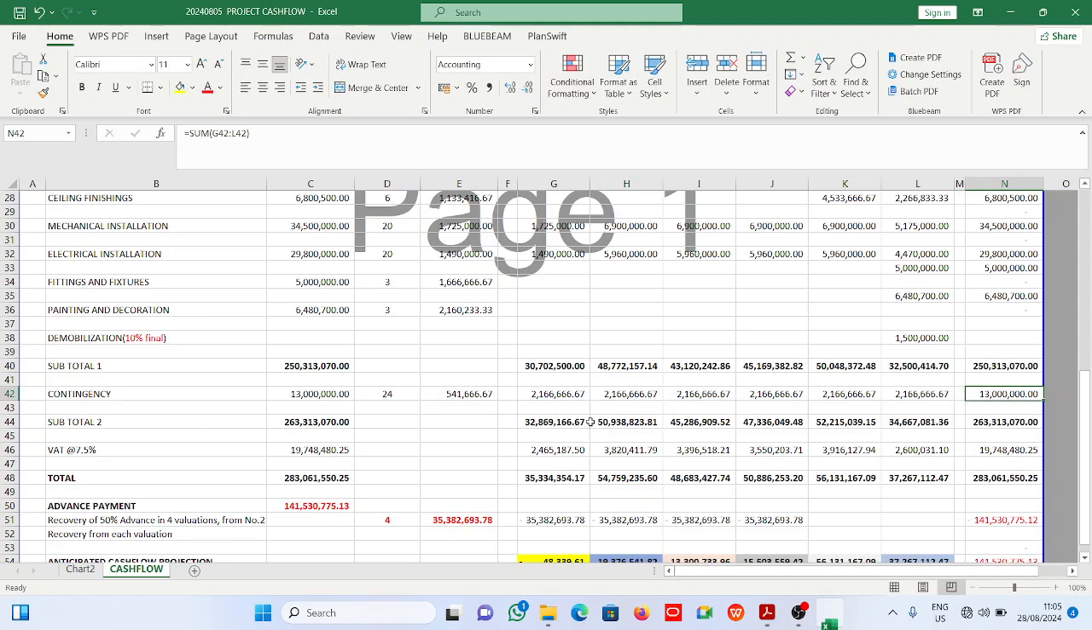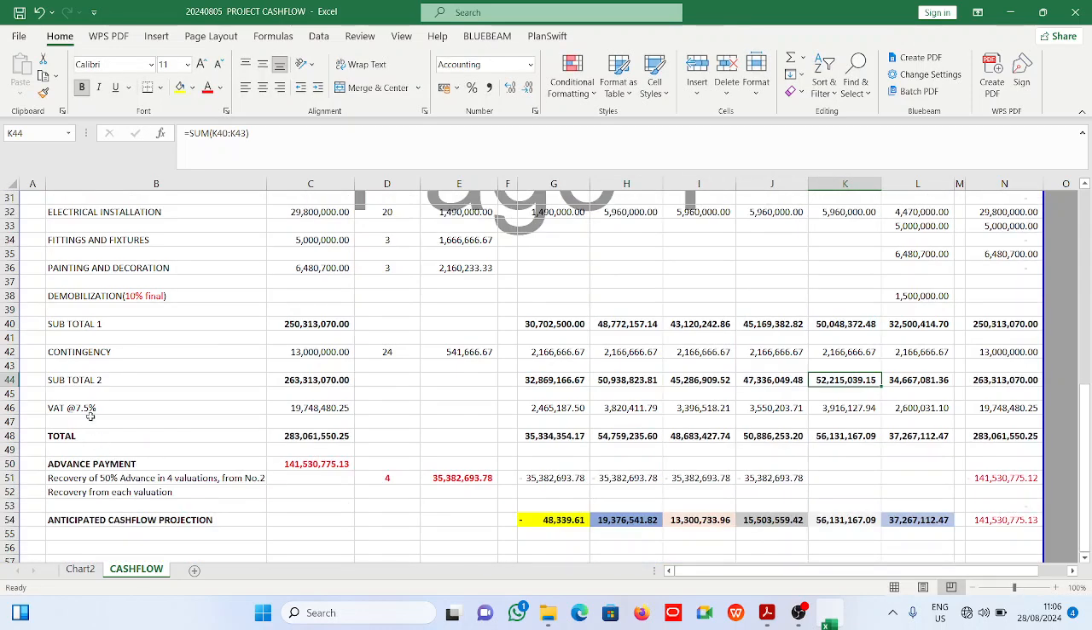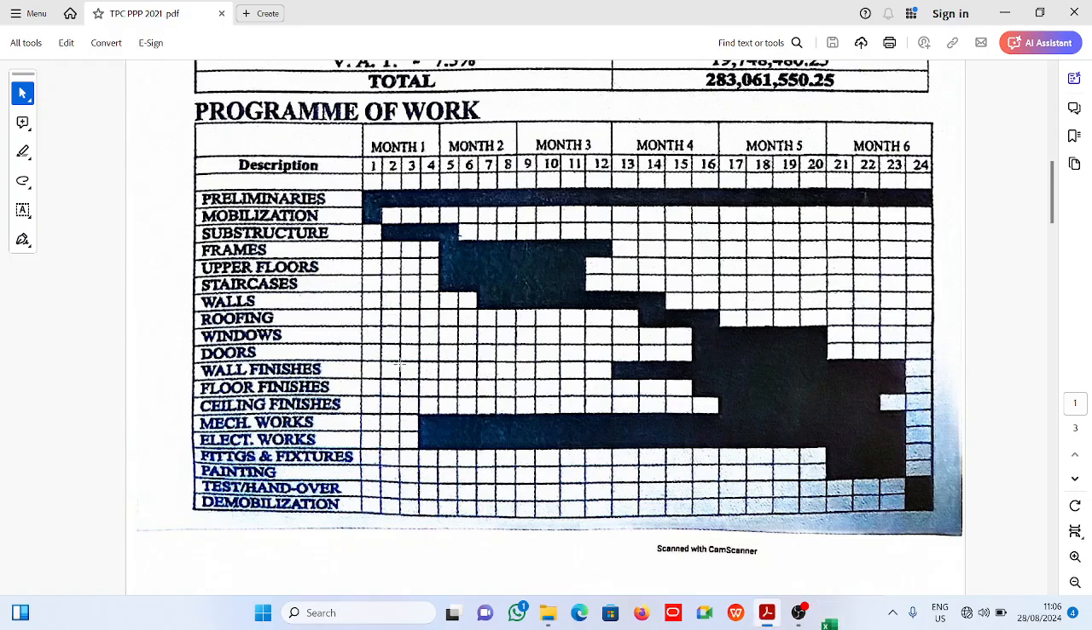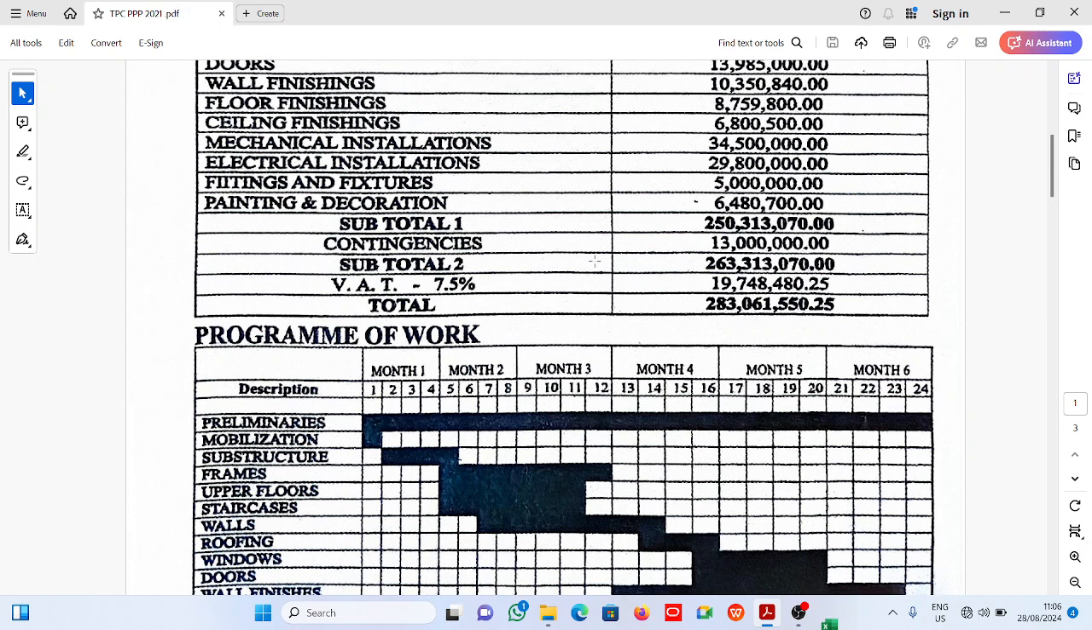Now that gives us subtotal 2, right? Subtotal 2, after adding contingency. All right, now we add that. Now VAT is 7.5%. So 7.5% of this here gives us that. So it must be 19,748,000. Then we have the total. Now this is a range like what we have here. Subtotal 1, then you have a contingency, then you have subtotal 2, then you have your VAT, then